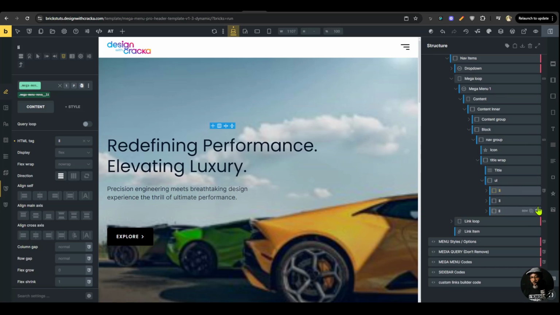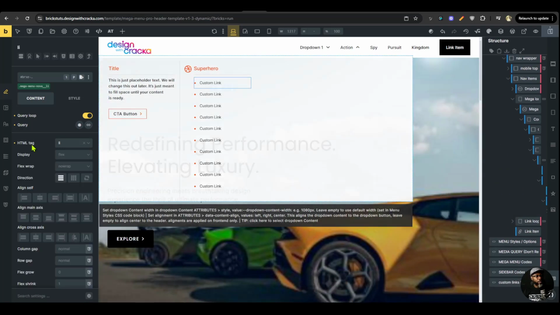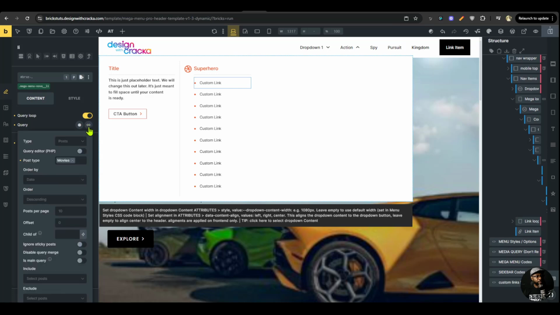So I'm going to delete this too. And then I'm going to select this, and I'm going to turn on the query, and post type will still be movies. Let's do this so we can see what is going on. Post type will be movies. Okay. And then child of will be, we're going to put a dynamic data